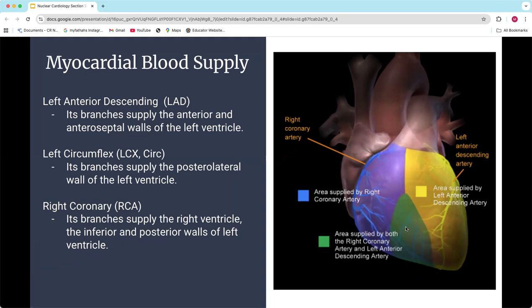Again, the reason this is important is when we start looking at pictures of where we have perfusion and where we don't have perfusion, all of the lingo in nuclear cardiology, and what your cardiologist or your radiologist, whoever reads it, they're going to refer to these areas. So they'll say we have a defect, which means missing blood flow, in the left anterior or the left apical side of the heart. They'll use these terms, and we'll get into those terms a little later in the lecture. But it's important for you to start to understand where these coronary arteries feed, and what areas of the muscle I can expect to see, so that when we look at images, we know what we're looking at. Okay.